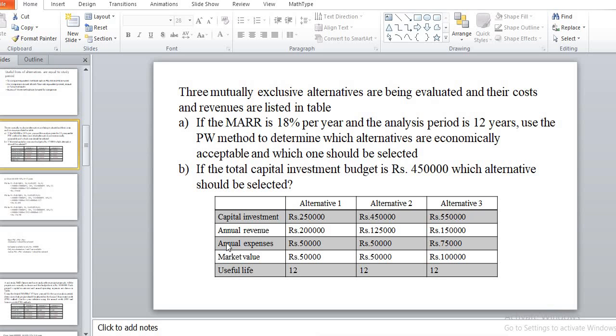In this example, 3 projects are given. In the previous topic we discussed only one project, whether it is economical or not economical. Now in this topic we are discussing a number of projects. We compare the number of projects using the same methods, and by using those methods we can conclude that